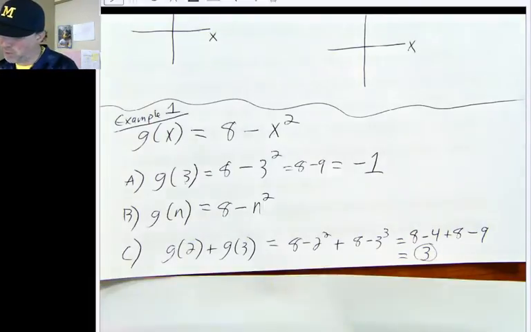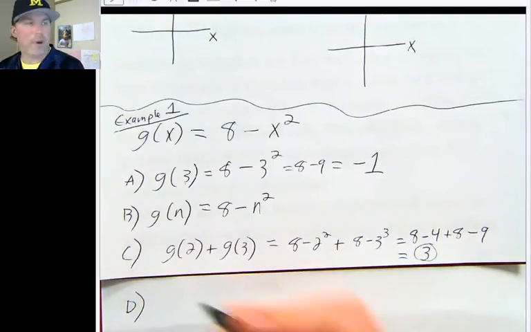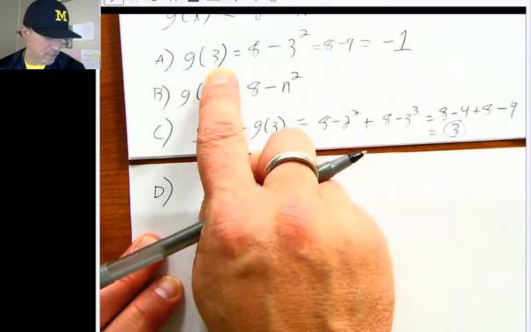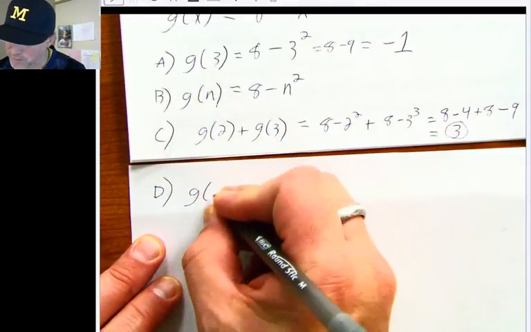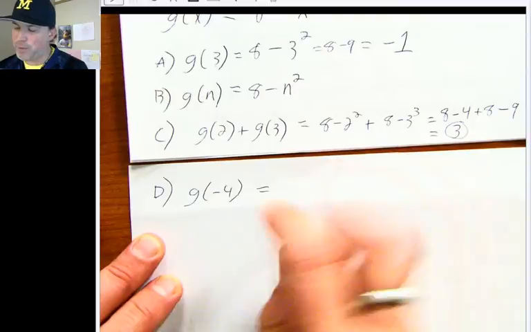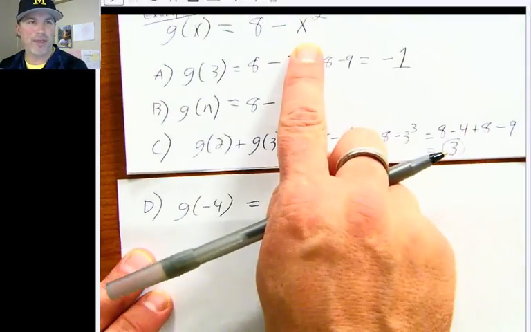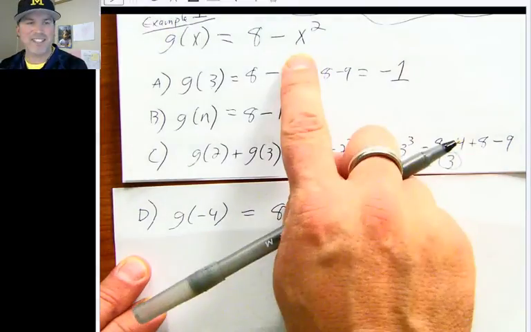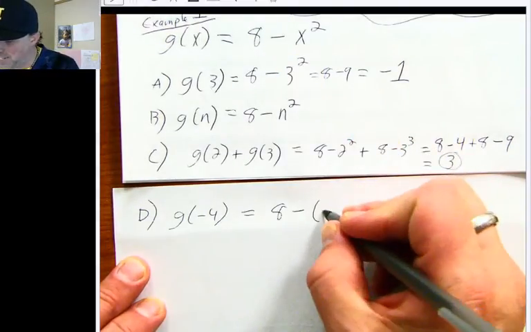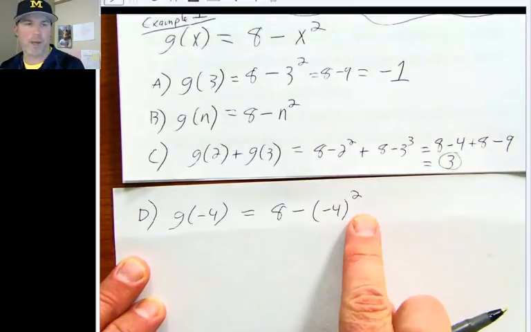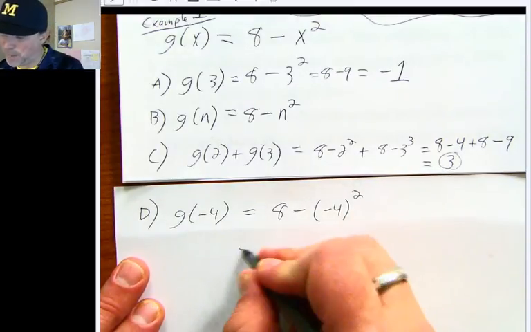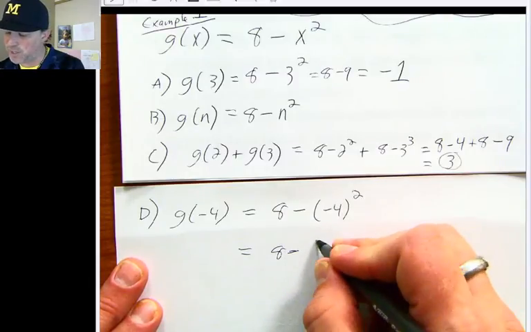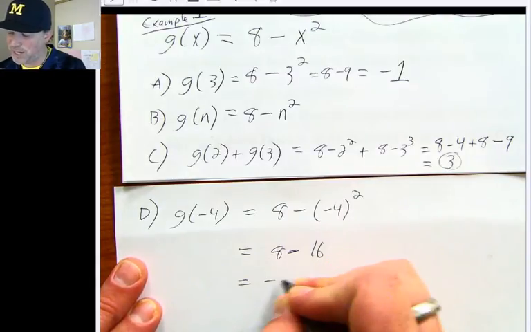Oh, I'm totally doing these problems out of order, I'm realizing. Part D, sometimes they're not going to give you a positive number, sometimes they're going to give you a negative number, g of negative 4. The one thing with that is just be careful with the negative here. 8 minus, because this x is being squared, this negative 4 needs to be in parentheses. And then you go 8 minus, following order of operations, negative 4 squared is 16, and 8 minus 16 is